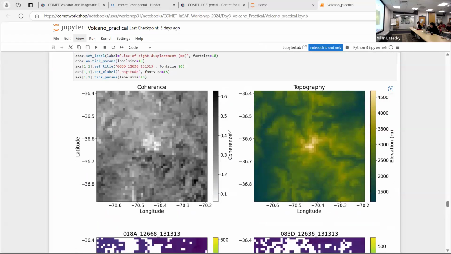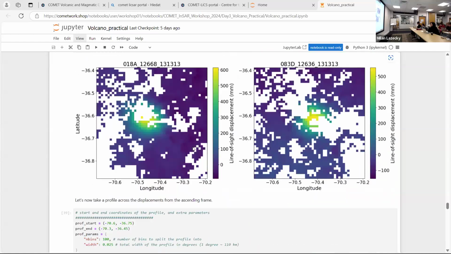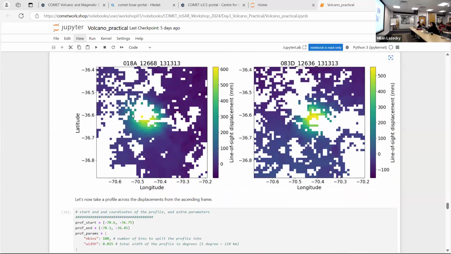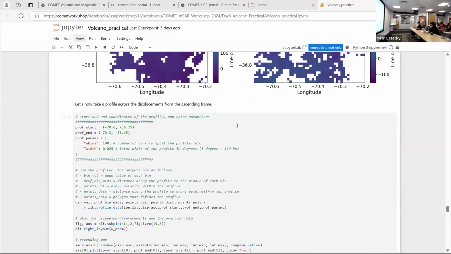So quickly run through. This plot's slightly unusual. The areas with the lowest coherence are the brightest pixels. But you can see that we've got low coherence over the highest topography. And that means we have no data in this portion of the model. So it means that when we come to modeling this data, we're not trying to match anything that we've masked out, basically. And we're only trying to match the pixels that we've deemed of a sufficient coherence to model.